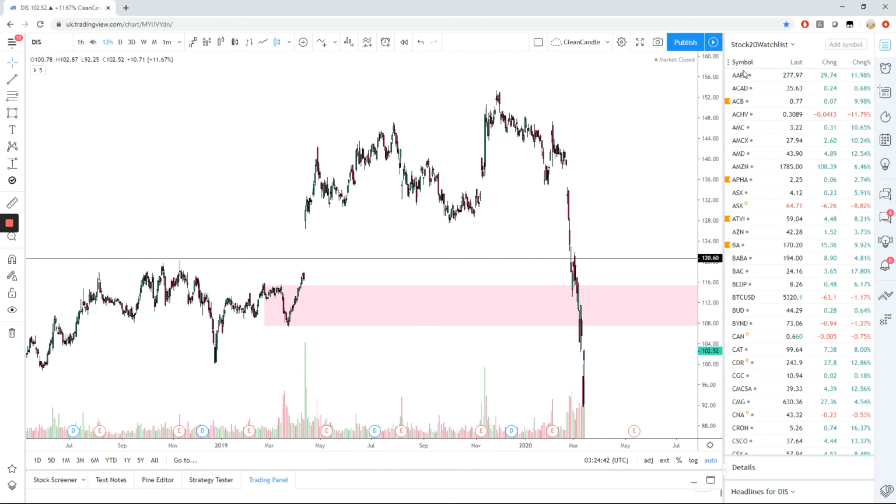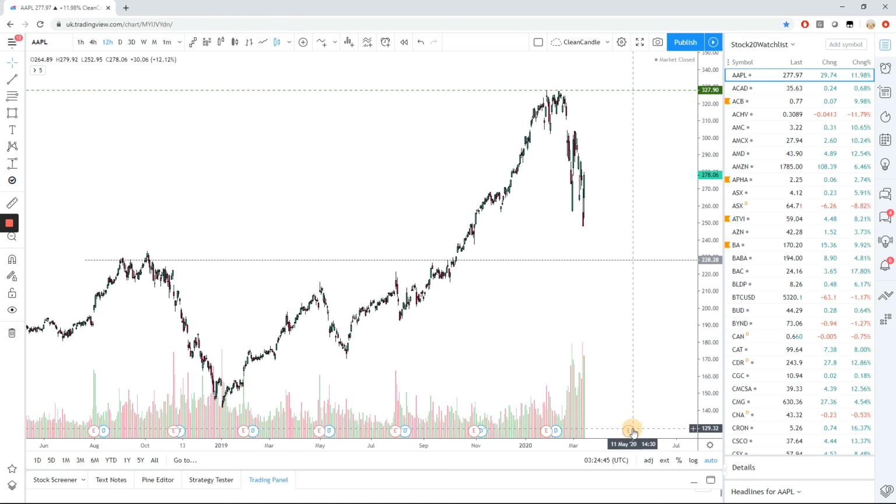We can see here on Apple, their next earnings is due to be released on the 5th of May, and that will be for the period ending March 2020. And massive spoiler alert, this is going to look like shit. So I think that's basically it. That kind of covers the 4 areas of traditional markets that I wanted to run through for this video.